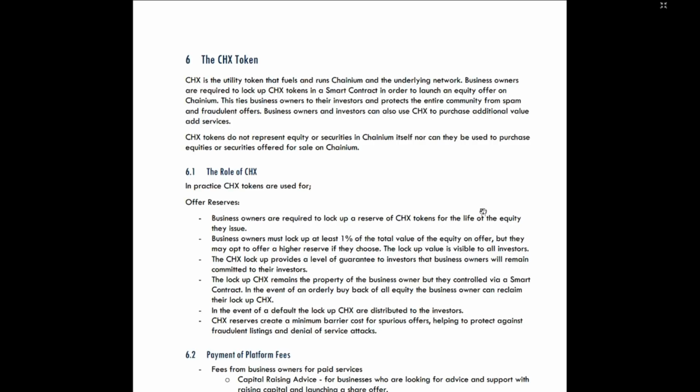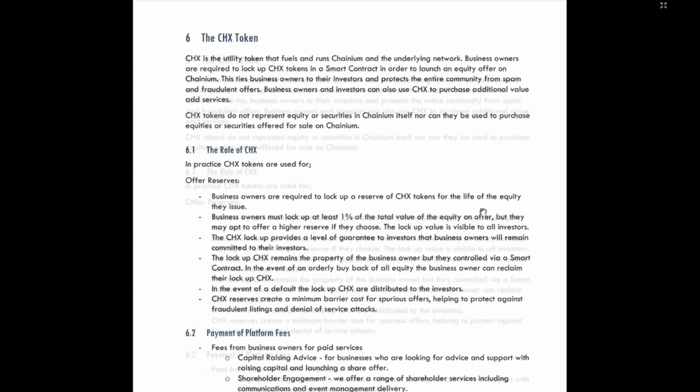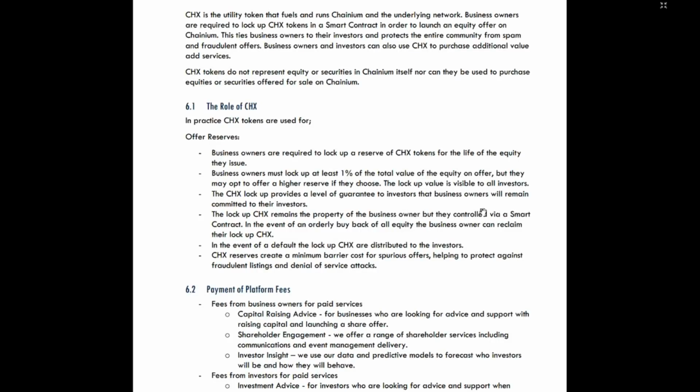But the CHX token itself cannot be used to purchase shares in the company or equities in the company, and it also is not a security token. It should be noted. So the use of the token, the role of the token, as it said in this business white paper, business owners are required to lock up a reserve of CHX tokens for the life of the equity they issue. Business owners must lock up at least 1% of the total value of the equity on offer, but they may opt to offer a higher reserve if they choose, and this lockup value will be visible to